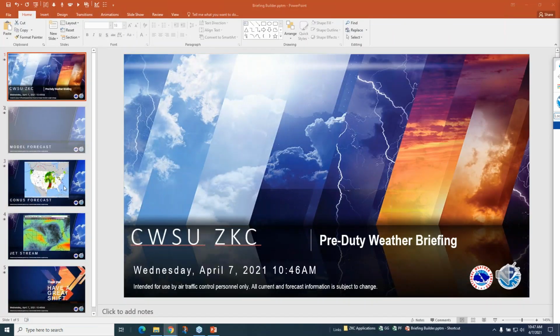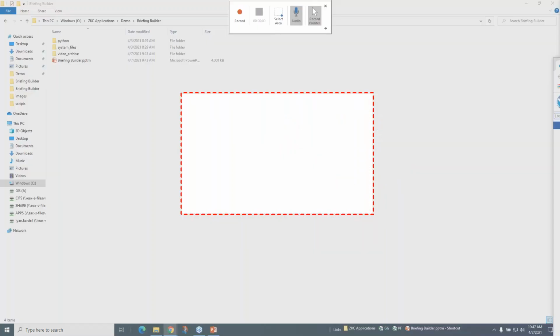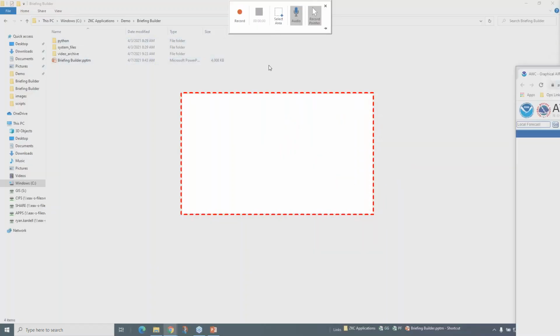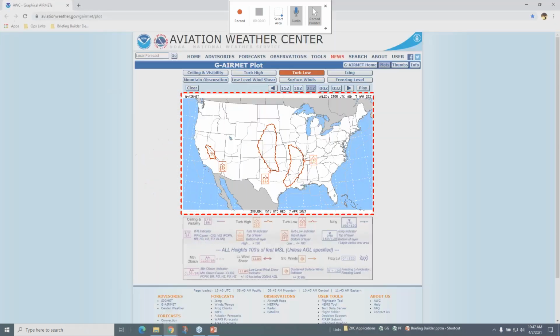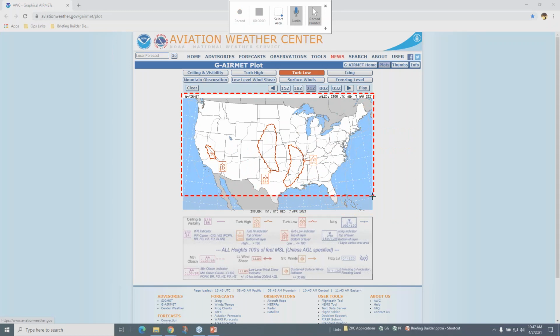Let's say I want to put it after the CONUS prog forecast. So I'd select that, and then I'm going to click the insert screen audio recording. We'll click that. It gives me a new slide. I'm going to drag this over here. And then at the top of the interface, you can pin it there so it doesn't go away. You can change your area that you want to record. Again, a lot of these things are just basic things in PowerPoint, but we're just streamlining it, making it really quick and easy to get to.